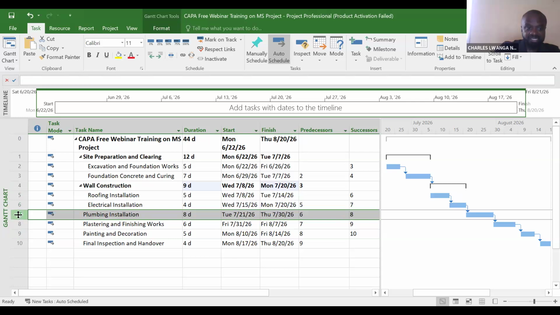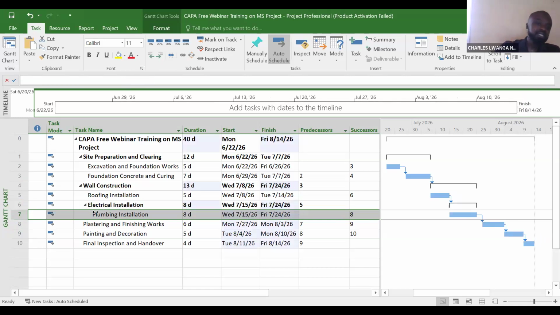So let's make ID7 a sub-activity. What do we do? We indent it twice. We indent it the first time, and then we indent it again. Then watch what happens now with ID6 when I indent ID7 the second time. Now watch. Have you seen that ID6 has automatically become a sub-summary task, which therefore means that activity